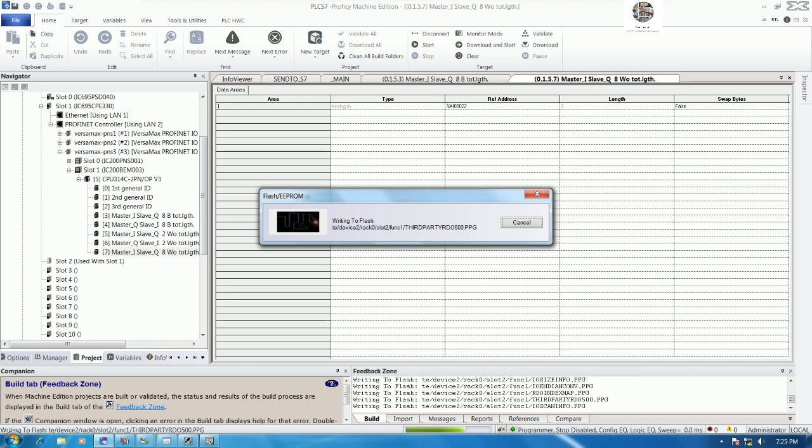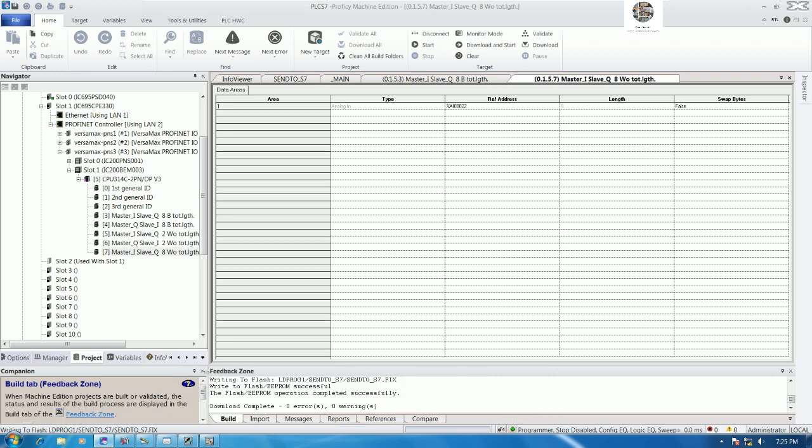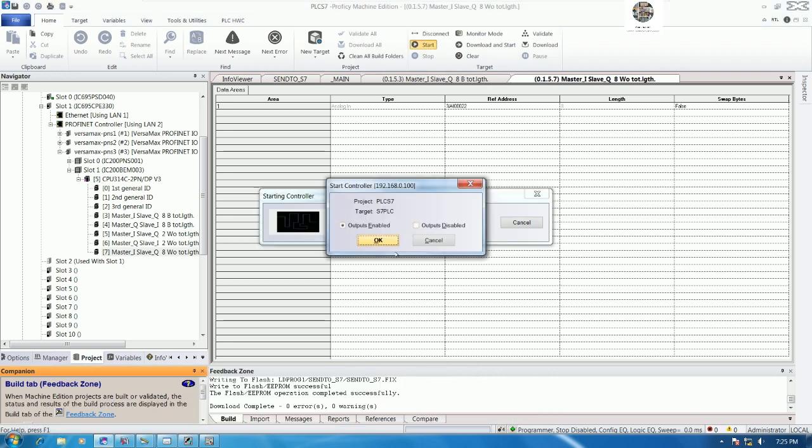So wait a moment for downloading the project. Okay, and then I will start the CPU,